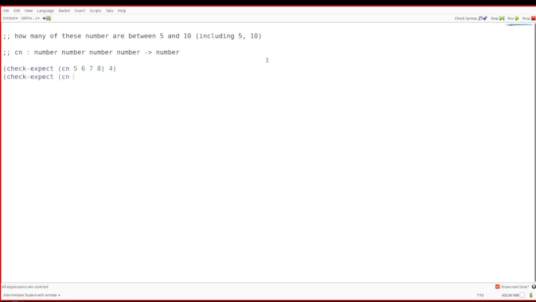Say you have count numbers 2, 3, 5, 7, 9. That should put out 3, because there are 3 of those numbers that are between 5 and 10. Let's say you have count numbers 10, 5, 30, and -8. That should put out 2, because 10 and 5 are the only 2 numbers there that are between 5 and 10, including the ends. So one of the things we see when people start writing functions like this with repetition